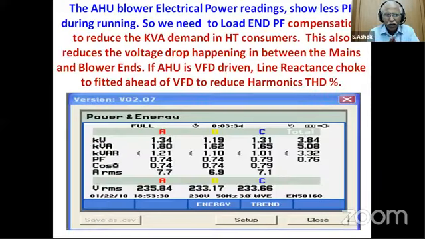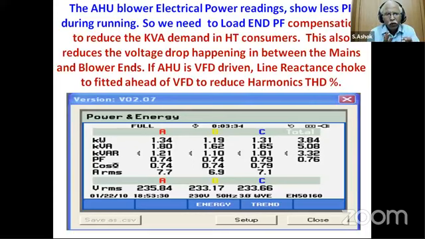It is a typical air conditioning AHU blower we have taken during the energy audit. I just want to share some of the screenshots. You can find the AHU electrical power readings show low power factor. The electrical distribution for a given blower is also important, because the blower is at the tail end. In existing industry or air conditioning premises, there can be a lot of single phasing, single phase loads, or unbalance in loads, and the blower or AHU is at the tail end of the electrical distribution.